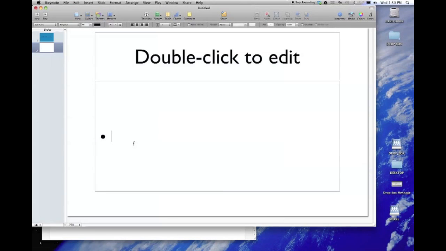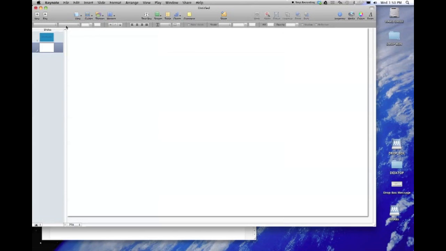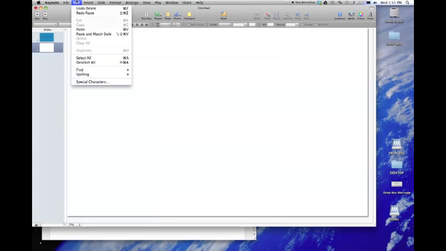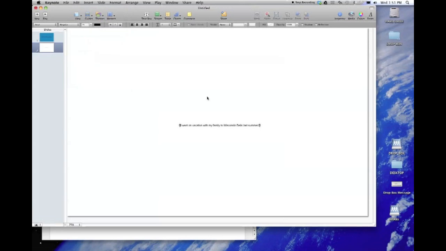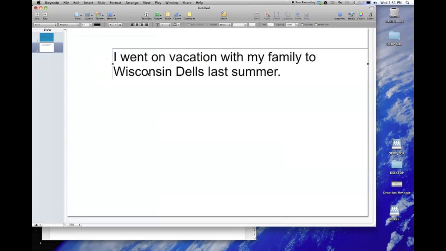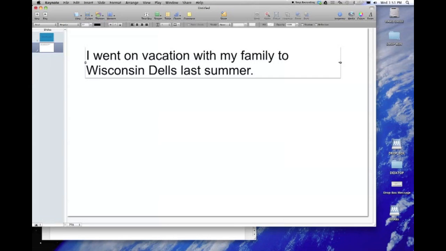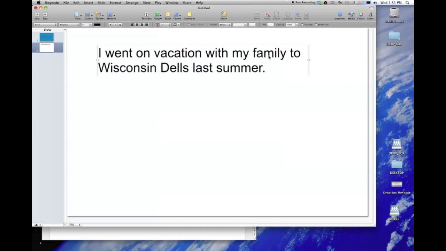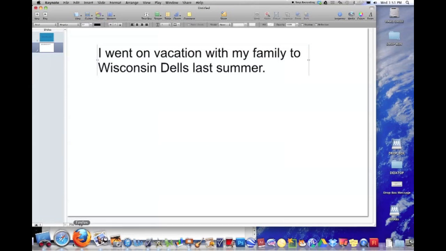I'm not even going to paste it into a text box with the bullet points. I'm going to delete that box. Then I'm going to paste. There we go. Okay, so now the text is really small right now. I can change the size right now, or I can come back and do that later. I'm going to change the size right now, make it really big, easy to see on the slideshow. And then I'm going to go to Safari,